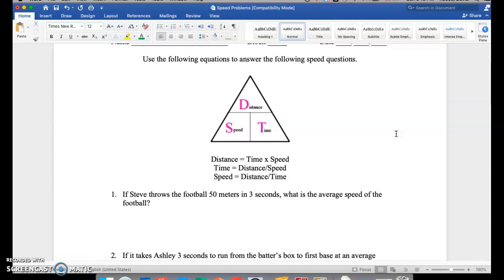Okay, now if you look at the little triangle up above and just below, I have the equations for you. In this particular case, you're finding average speed. Speed is right here. Now, the way this triangle works is, how do you find speed? Well, distance is over time, so distance divided by time. So I would like you to put speed equals